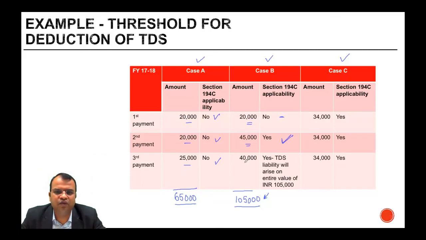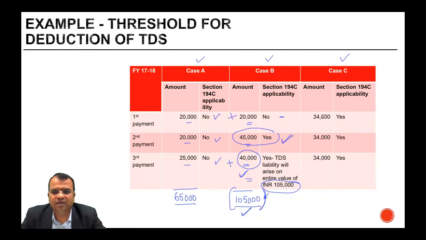When the third payment was made for 40,000, the overall payment was 1,05,000, which is more than 1 lakh. Now obviously this payment is above 30,000, so you have to deduct TDS on 40,000, right? But because the overall payment has exceeded 1 lakh, you need to deduct the TDS on the entire value of 1,05,000 minus what you have already deducted. So at the time of making the payment for this 40,000, TDS will be deducted on 40,000 plus 20,000,